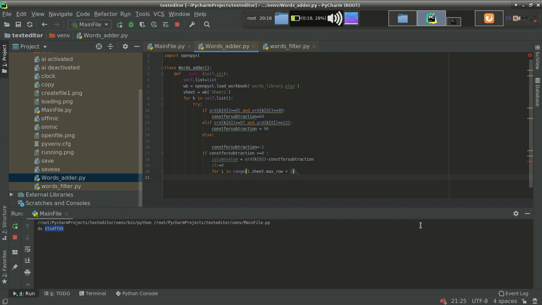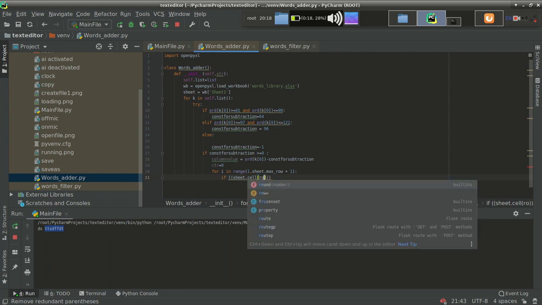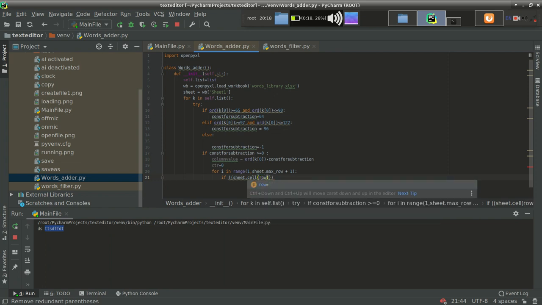So this is the logic. For achieving that, I am traversing each row as I told you. Let's move on. I'm checking if sheet dot cell, row i comma column.